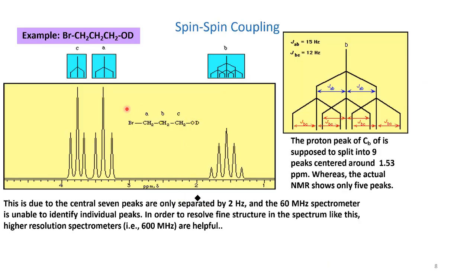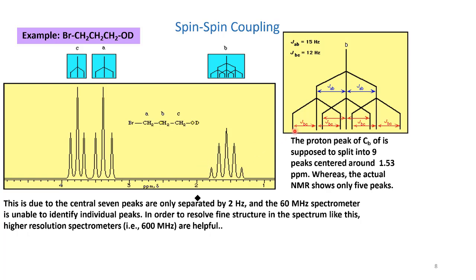So we'll take another example of this molecule that has bromine at one side, and again the split can be observed from here. For the B atom, it will split into triplets, then again that will split into three, and the other two will be splitting into three, and this one again is split into three. But sometimes these are very close to each other, so it won't give different peaks. It will give a single peak only.